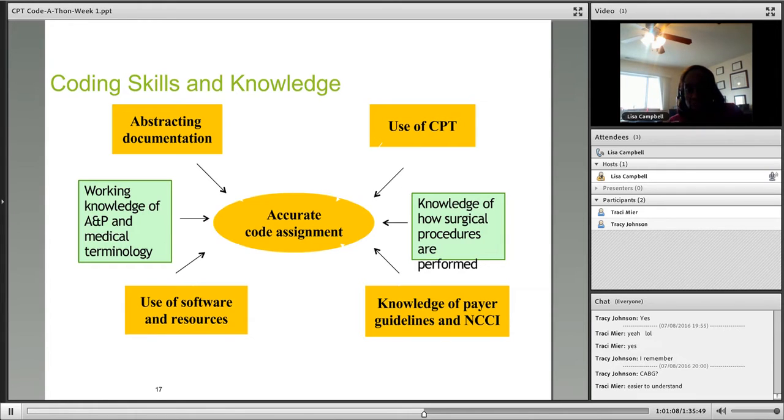You also have to know about the National Correct Coding Initiative. I believe that's probably discussed in one of the chapters for this week. But the National Correct Coding Initiative is a program that the government established to prevent unbundling. Unbundling is where you use 2 CPT codes and you should have only used 1. For example,